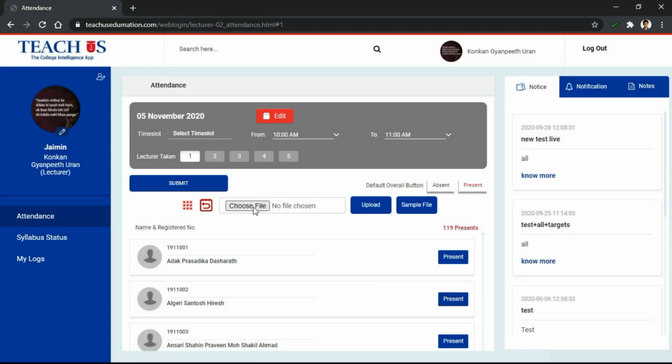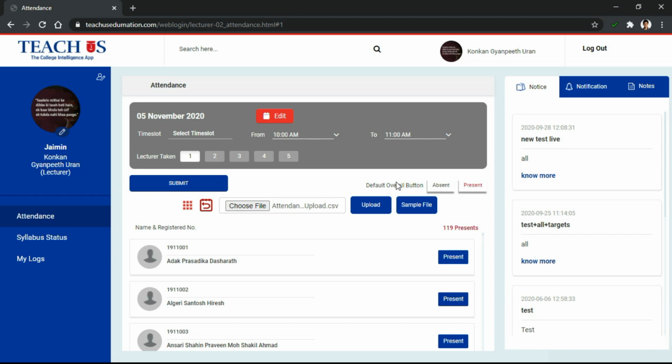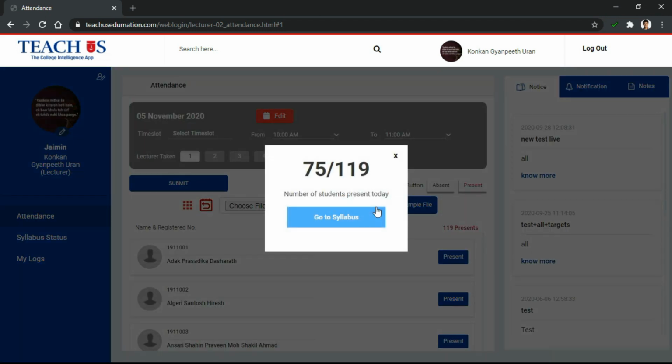And the next thing is to upload the file that has been downloaded, the Excel sheet. This is the same as doing an attachment in an email. So let's say this is the file that has been downloaded with the help of the Google Chrome extension. I'm just clicking on that, uploading it, and the entire attendance is auto recorded. So there is no need to mark individual students present or absent. There is nothing like you need to mark 75 students present or write P in front of all the 75 students and the remaining will be marked as A or something like that. Everything is automated.